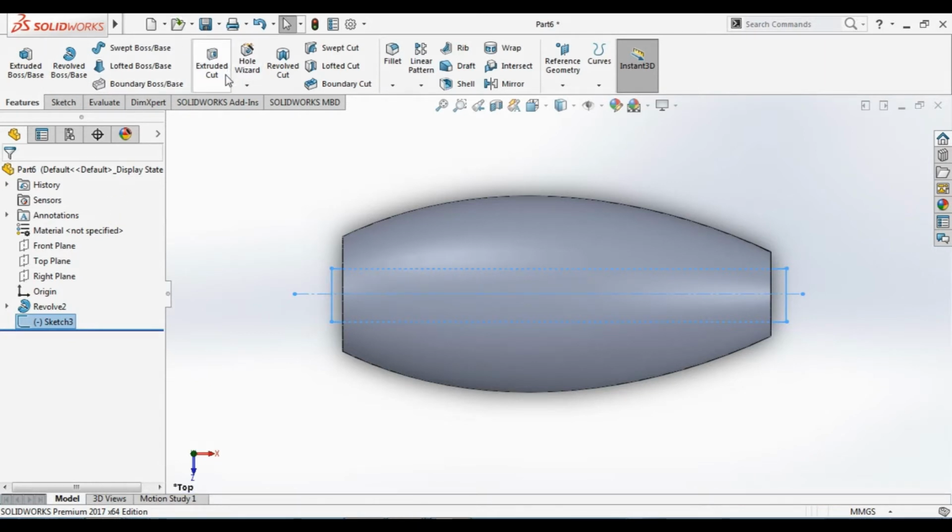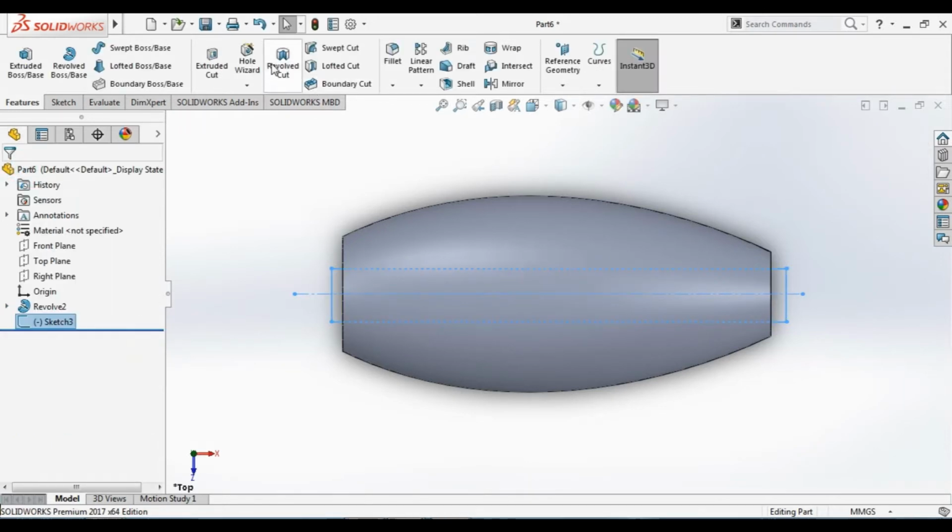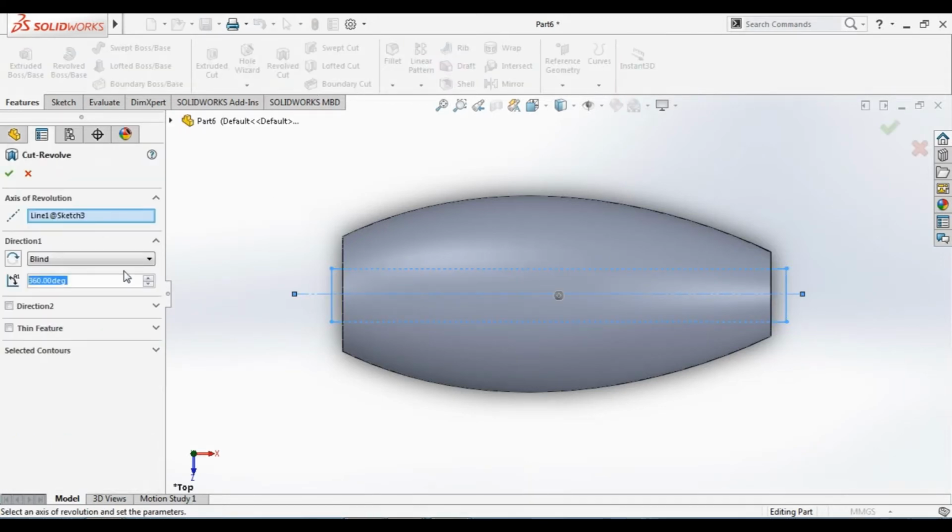Here we have extrude cut, just select it, sketch 3 and extrude cut. Here we have the depth, sorry, it's not extrude cut, revolve cut. Select the sketch and revolve cut. Here we have degree, 360 degree, it's a full revolution, and select